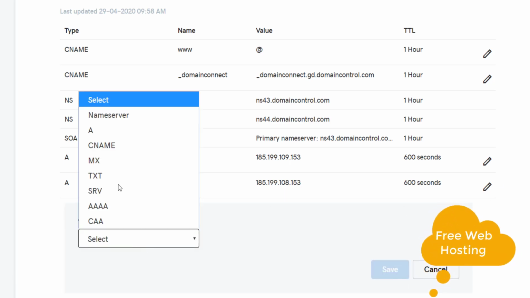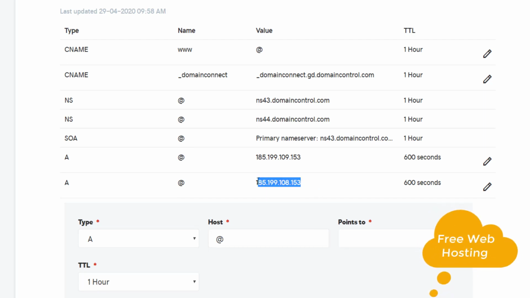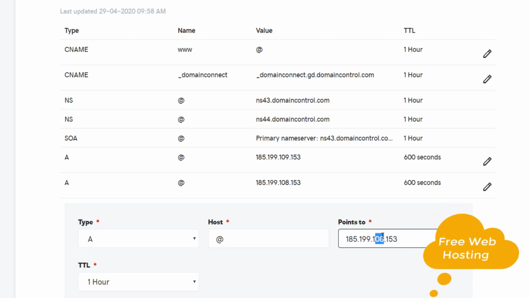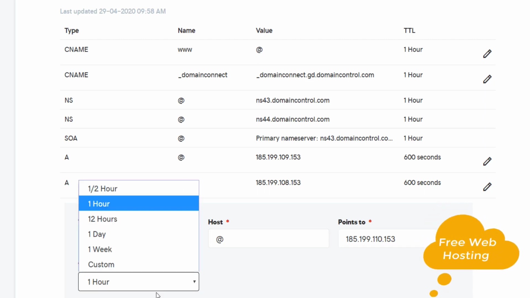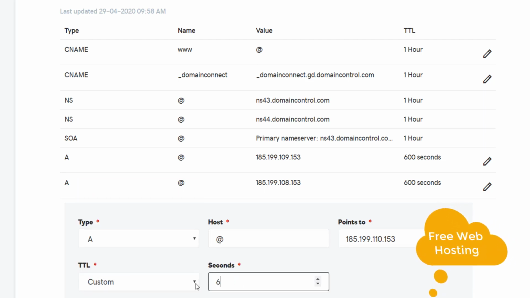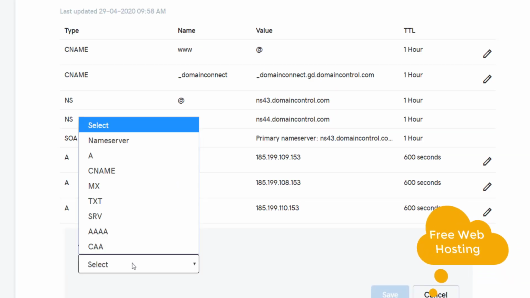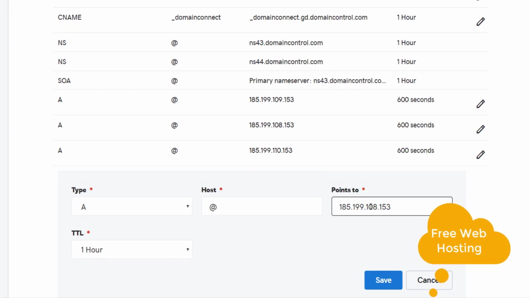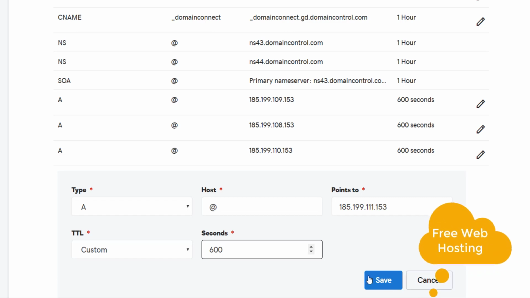The same way, at, this is, custom, it is 600 and save it, and then add one more, which is A at, points to 111, and then it should be custom, 600 and save.